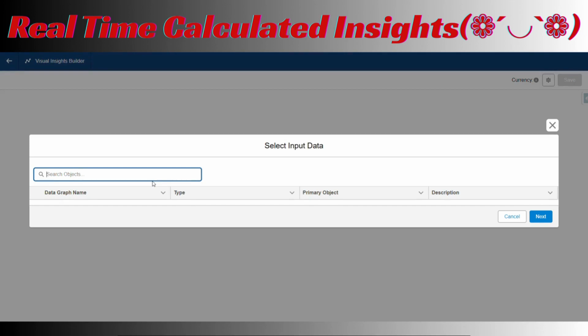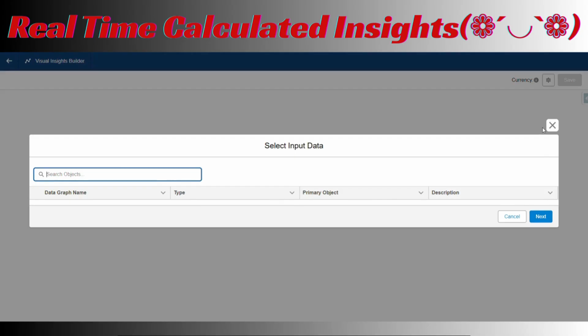That's why you call them real-time insights. By using this, you can find your data within milliseconds. So this is the real-time definition and example.